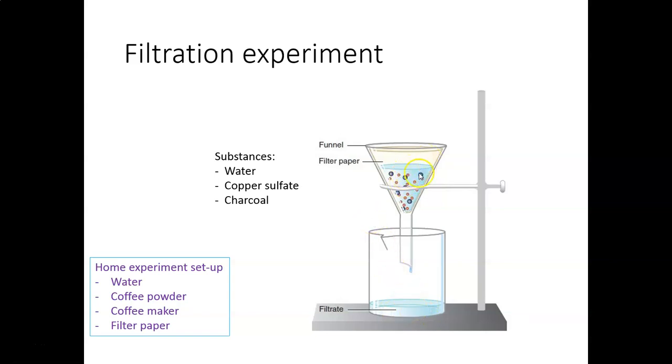Can you see the black dots of charcoal powder in the filtrate? The answer is no. So what filters through? Copper sulfate. Why did it filter through? Because it's a small inorganic